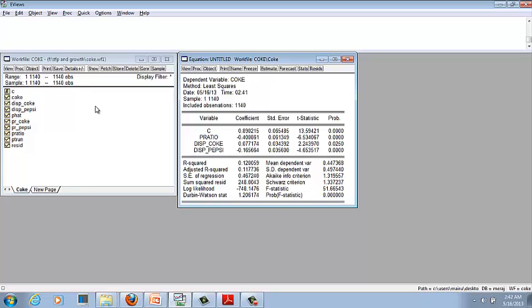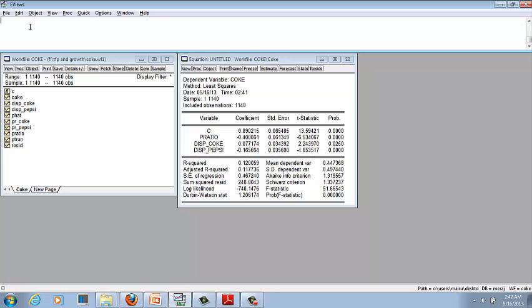Now we create the series where the probability is less than 0 or where the probability is greater than 1. This is the main problem of the linear probability model, that sometimes the probabilities go beyond the 1 and less than 0 bound.